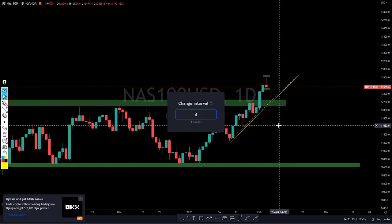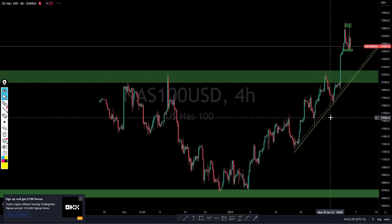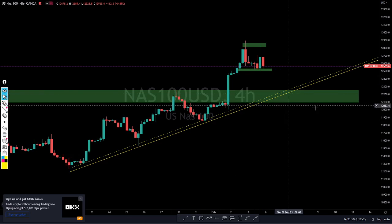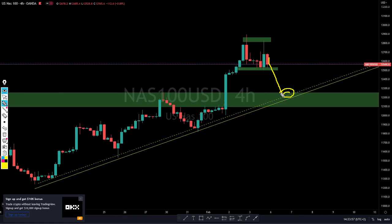So let's push to the 4 hours time frame so that you can see everything very clearly. You can easily see that after we had this breakout, the market aggressively started to push the upside. Now it seems like the market is creating a ranging move or a consolidation move, which to me is fine if it doesn't break that area. But if you check on the bottom side, we also have a support area. So there is enough chance for the market to do that before pushing to the upside. But for now, we're just waiting for the market to break that area, and we don't see that breaking. But since this happened earlier, on Friday before the market closed, I think we have to wait